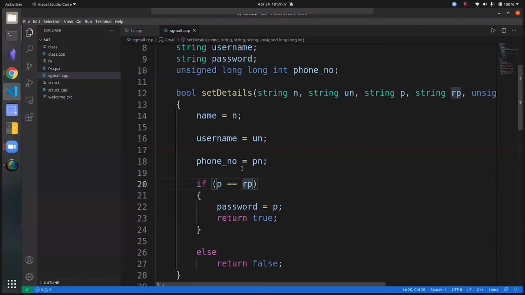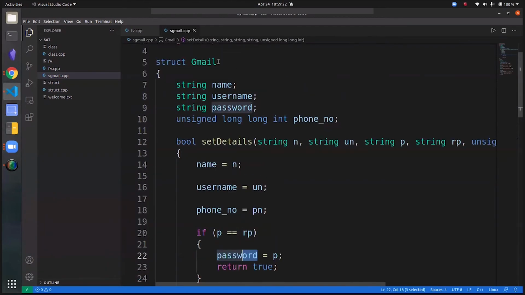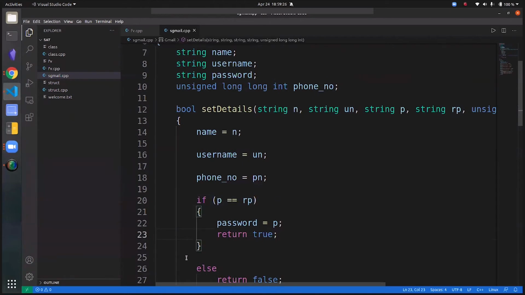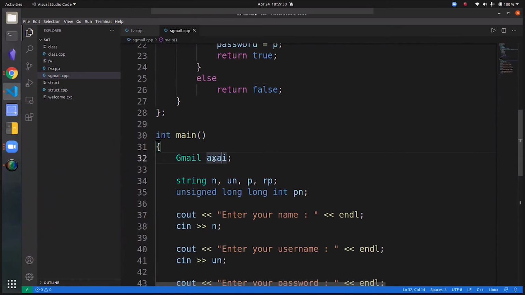That is why it exists. So we are checking if the password entered the first time is equal to the password entered the second time, and if that is indeed the case, we are storing the password that they entered inside the password member variable. This member variable is a part of the struct Gmail, and if this is not the case, we simply return false.